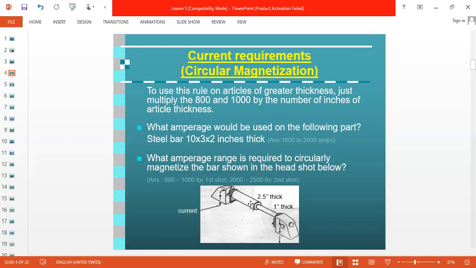Because if you give higher current and look at the small area, there are chances of non-relevant indications. So if there are different diameters, we first apply the current value for the small diameter and examine the small diameter. Then we apply current for the bigger diameter and examine only the bigger diameter area.